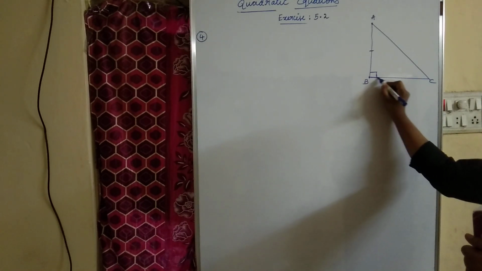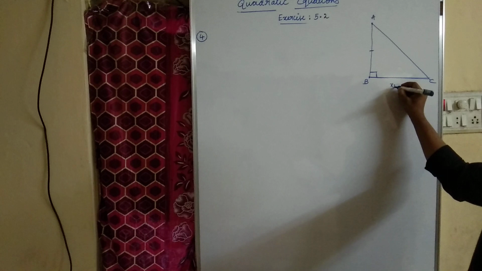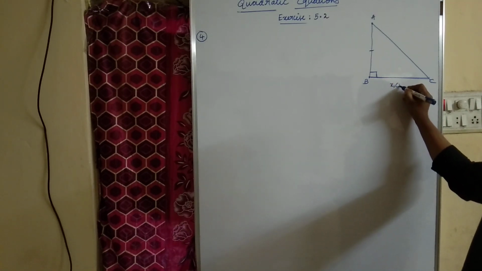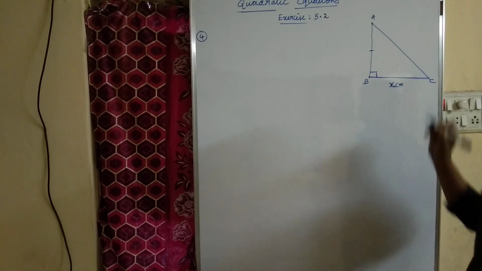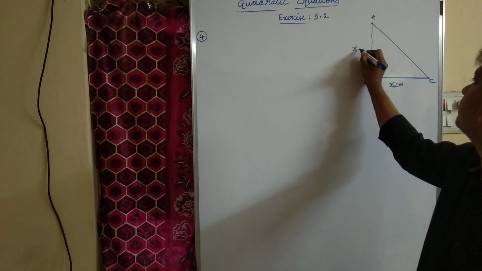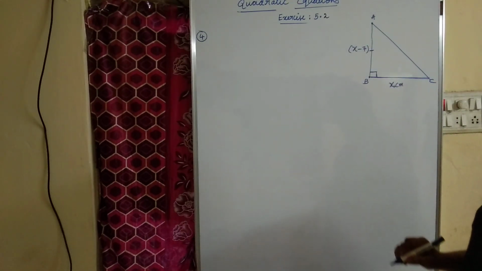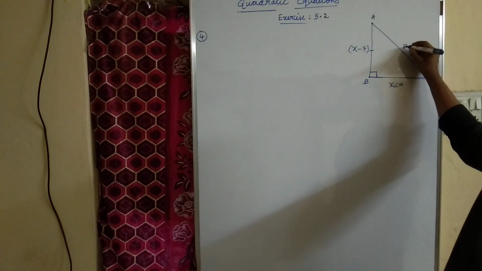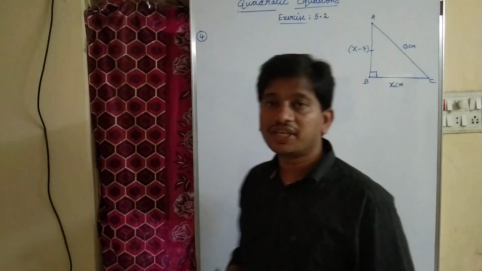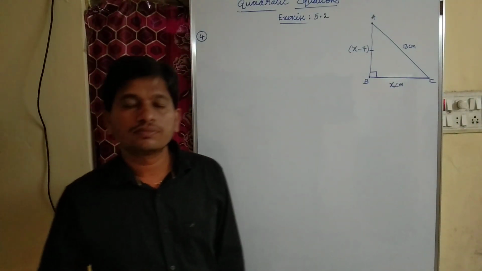So as this is our base, we don't know, let the base equal to x centimeter. What is the base? Let the base be x centimeter. And altitude is 7 cm less than its base. I mean less means x minus 7. And if the hypotenuse is 13 cm, as it is given, hypotenuse is 13 cm. Actually we have to find the other two sides.